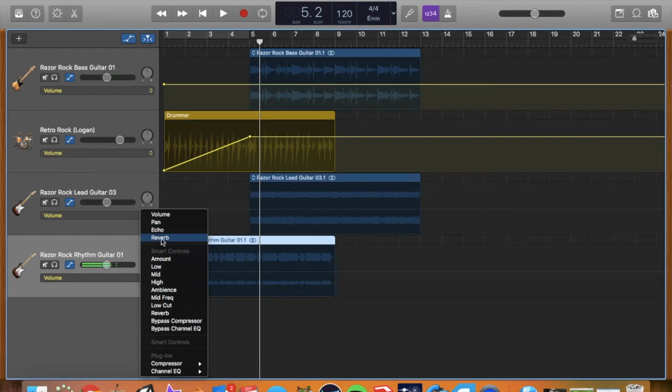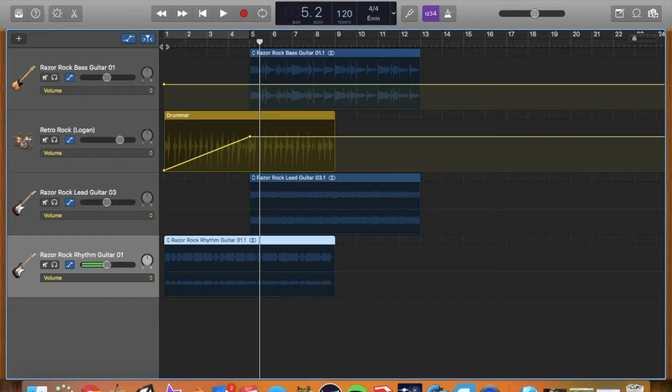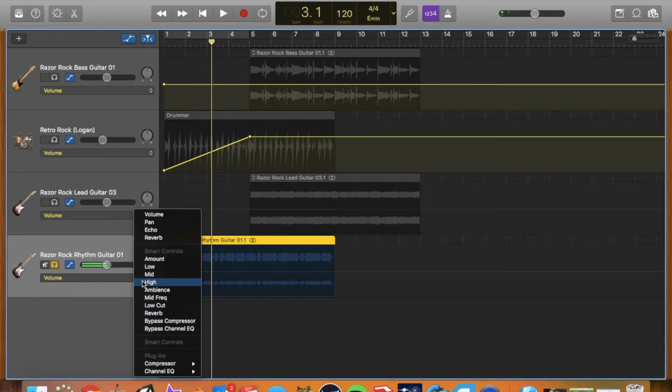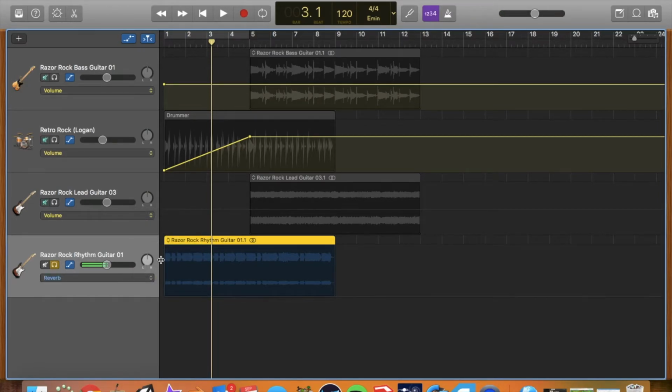So let's listen to this one regularly, just the rhythm guitar. I'm going to solo it by hitting the headphones. So you notice that these are silenced. I'm only going to hear this. Let's listen to it in its regular form. Okay, that's fine. Now if we go back here and change it so we add a lot of reverb,